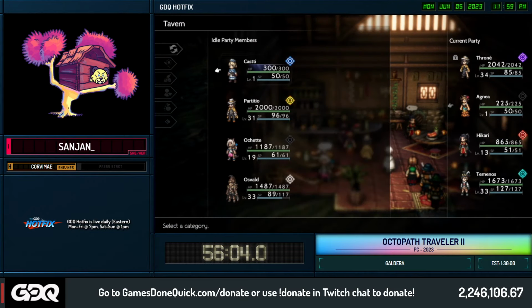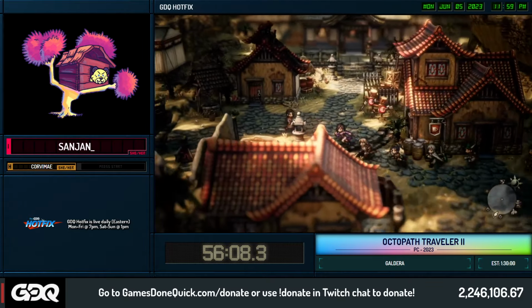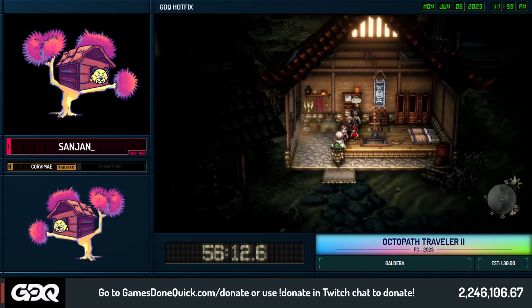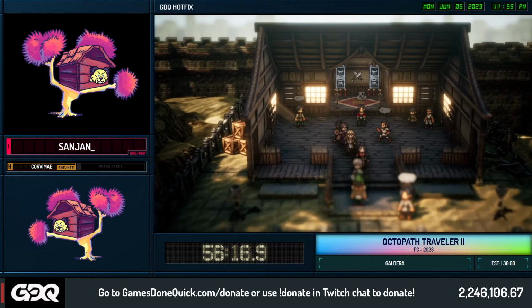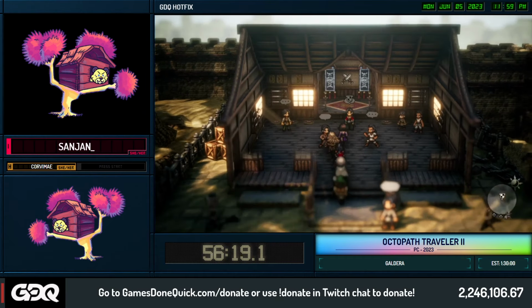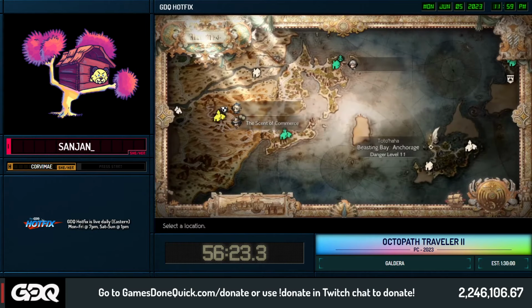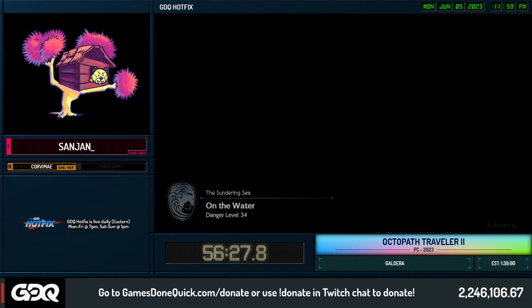So we're gonna kick out Partitio for a good while now. We're gonna bring Hikari back in, as well as Oswald. And we're gonna steal a couple items here. And then next order of business is getting really strong accessory items, as well as completing the quest. So, basically, the mini quest that we need to do is